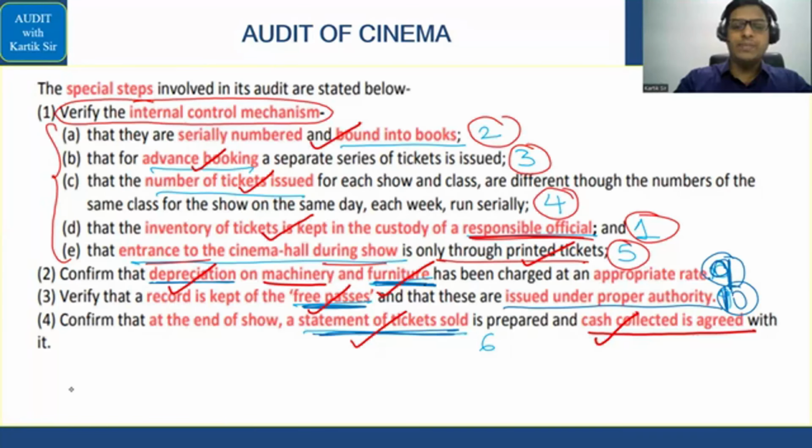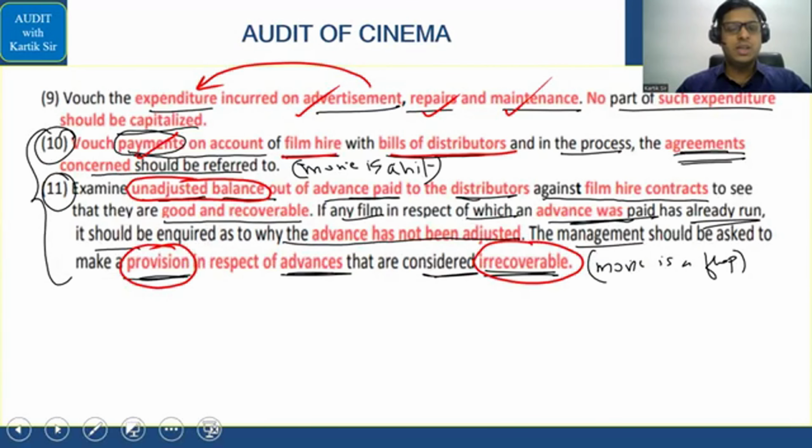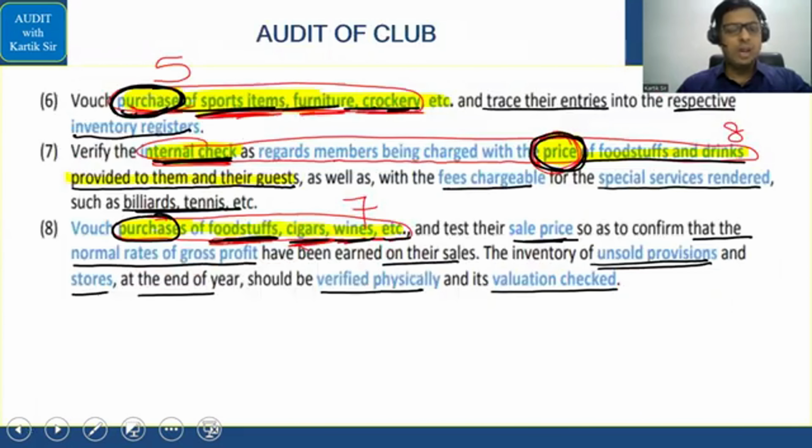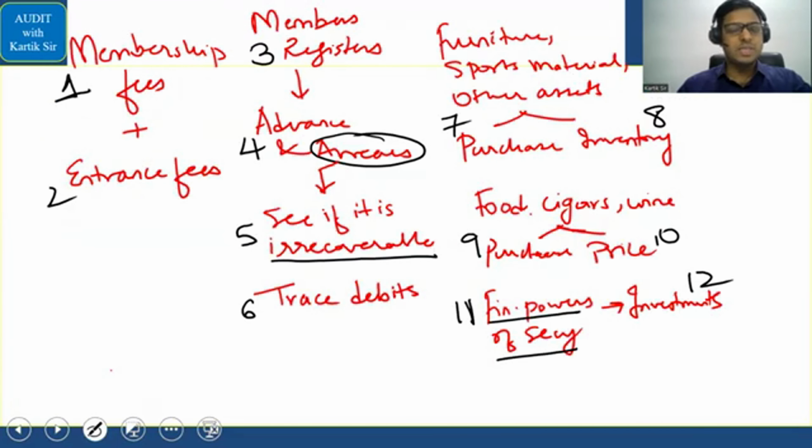Okay, बढ़िया गया। Now let's go ahead with the next part, that is in relation to, let's see this. Now we are doing something called as audit of clubs. Clubs कर लेते हैं यहाँ पे। So audit of clubs में अपन क्या देखते हैं यहाँ पे? Let's do this one by one piece here.